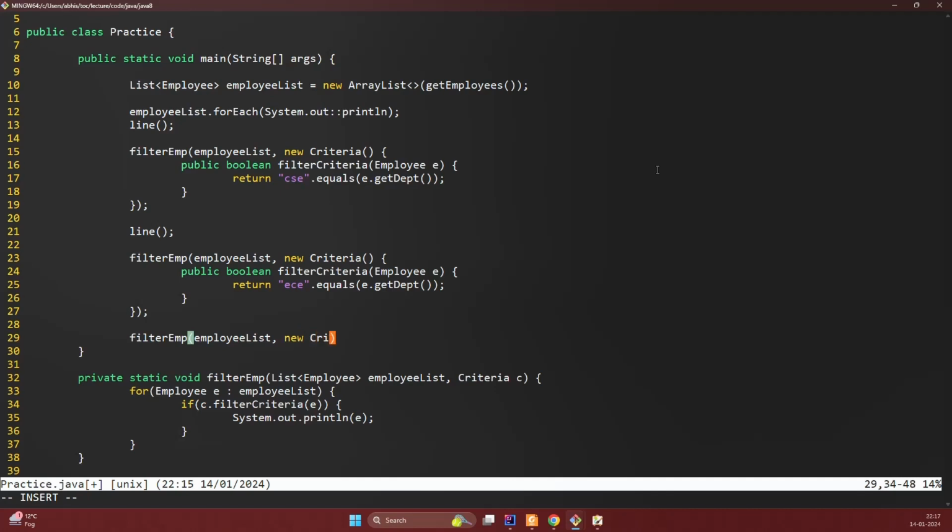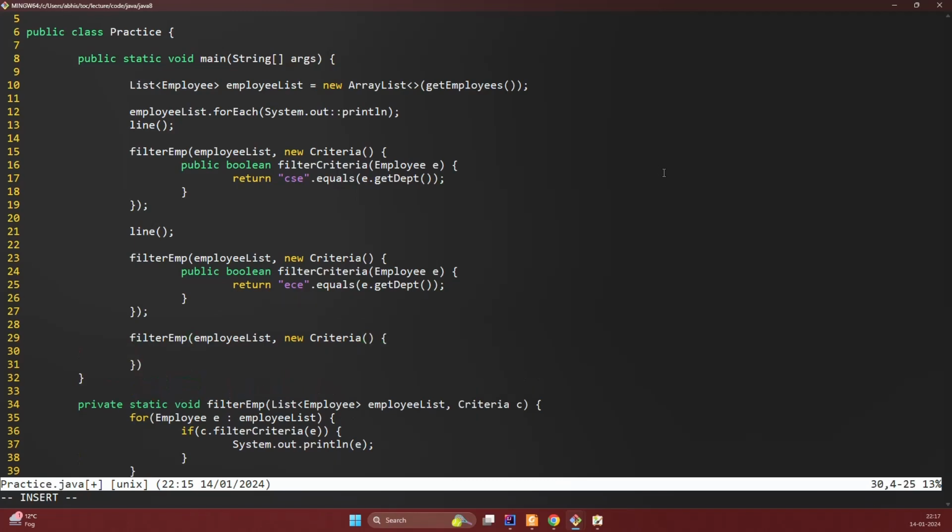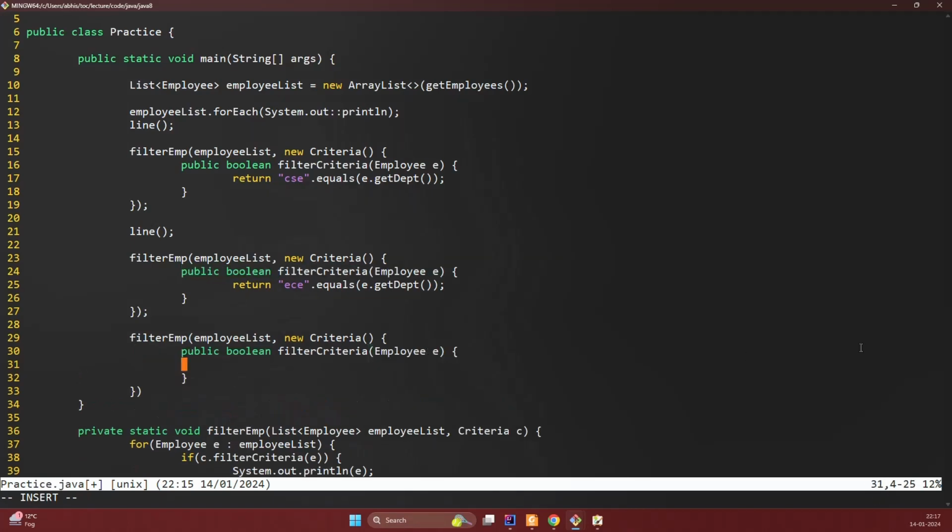New Criteria, and in here we have to write the implementation for the method. So this is the declarator. Okay, we have taken the declarator. Now we have to write the body of this method. So we have to filter the employee based on the EC department and having salary more than 7,000. So we can return true if e dot